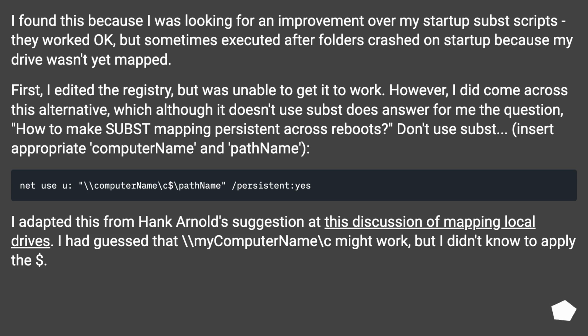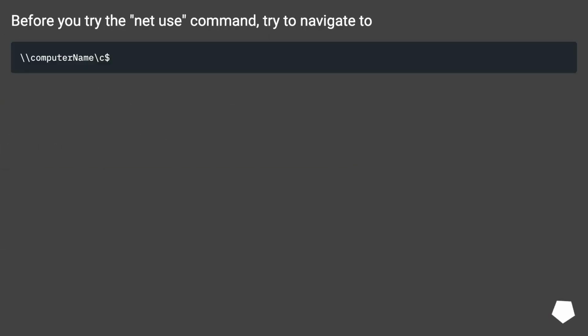Don't use SUBST. Insert appropriate computer name and path name. I adapted this from Hank Arnold's suggestion at this discussion of mapping local drives. I had guessed that \\my computer name\c might work, but I didn't know to apply the $. Before you try the net use command, try to navigate to